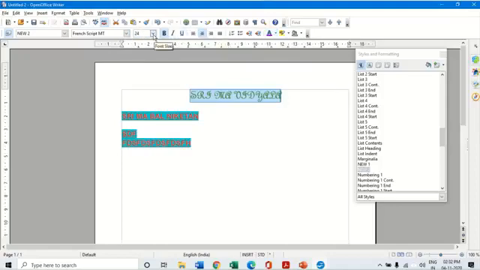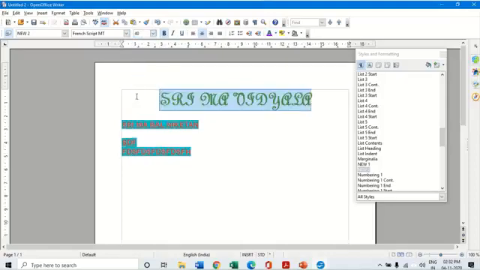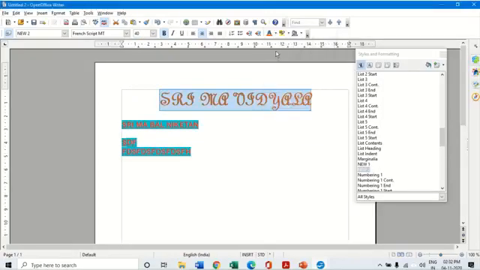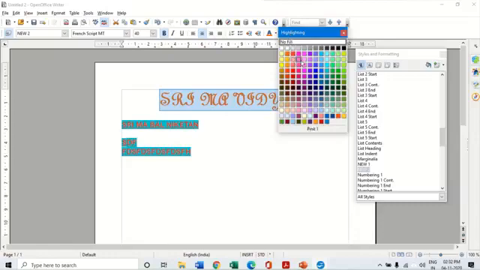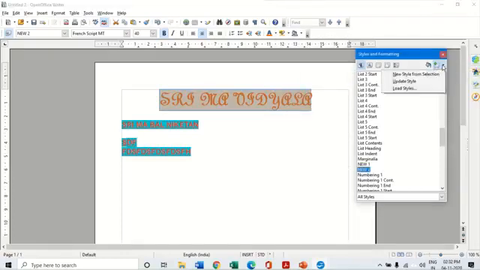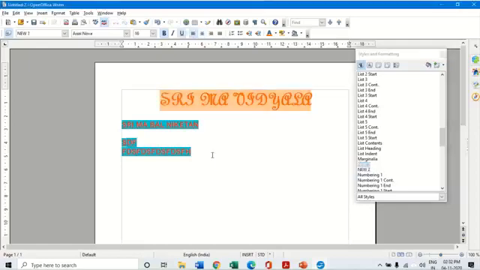So I'm going to make a few changes to this. Let me make it 40 size and I'm going to change the font style and make it say orange color with a highlighting of pink or blue, or some other color highlighting, and I have made the changes to this. Now click on the new style and click on update style. Now my style new, the one which I had created some time back, has got updated.